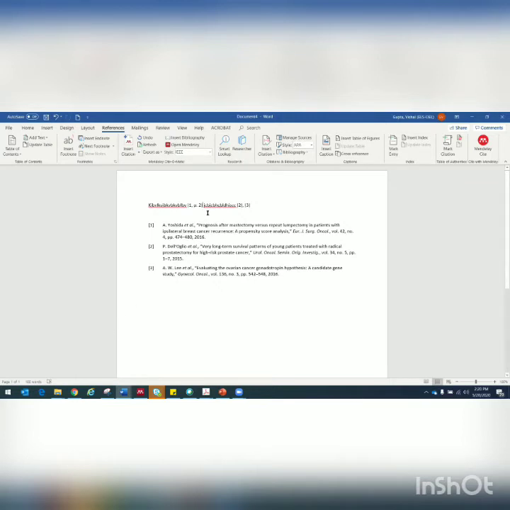If you are using Mendeley, simply click beside the citation you want to delete, press backspace twice. This article gets deleted, this citation gets deleted, and from the box above, you click on refresh. And automatically 3 will become 2 and 2 will become 1. Similarly, you can add a citation anywhere.